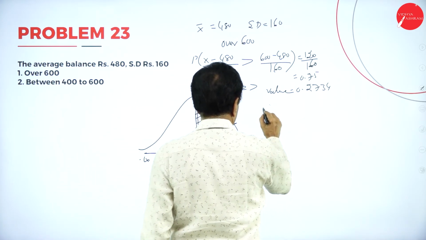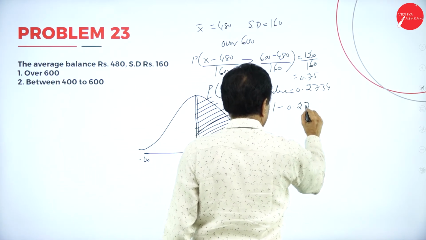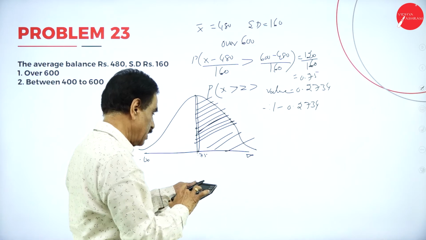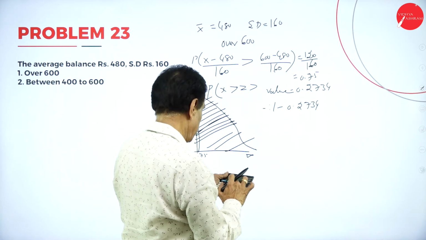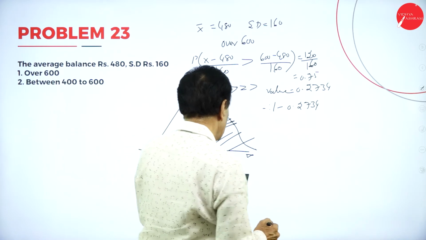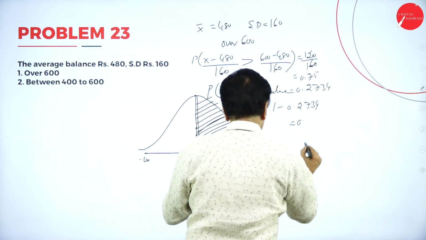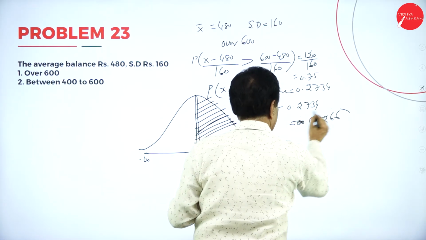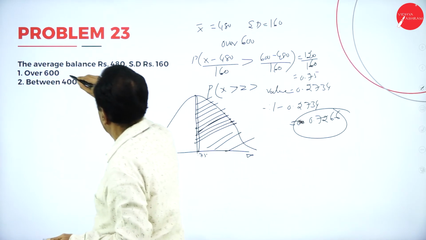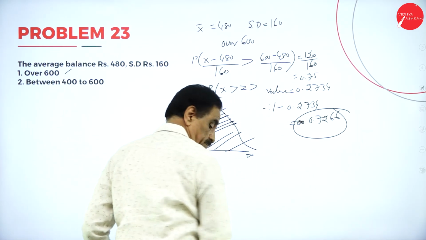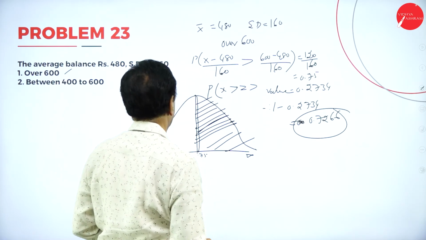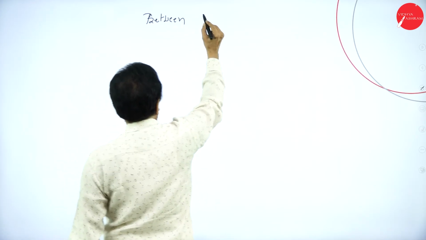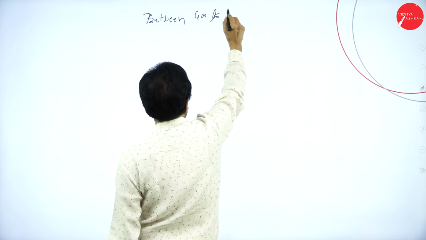So therefore, 1 minus 0.2734 value left over, 1 minus 0.2734 is 0.7266. No, they're not asked the percentage. Now, between 400 to 600, between 400 to 600,